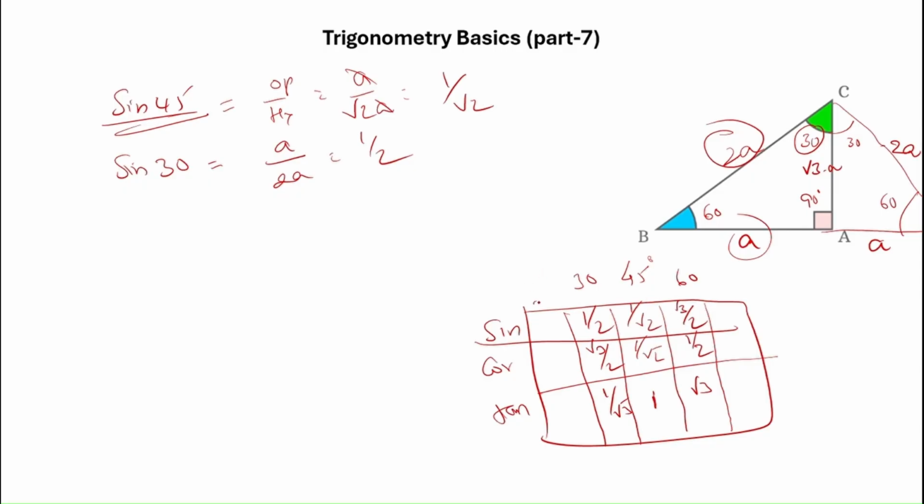Now, if it is 0, same case. Now see what happens. For a right angle triangle, the angle A should be 0, which means the opposite side becomes 0. So the opposite side becomes 0, then the ratio will be 0. It is 90, means